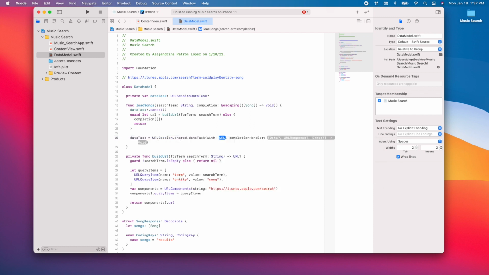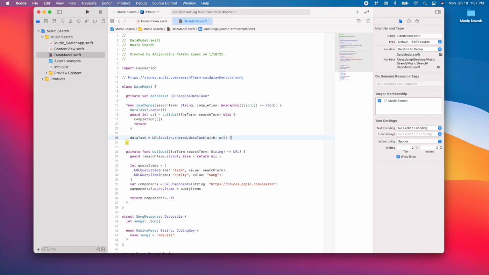So the URL we'll use is the URL that we just created, and for the completion handler, we're only going to use the data. We're going to ignore these other values. So what we can do here is add data, underscore,